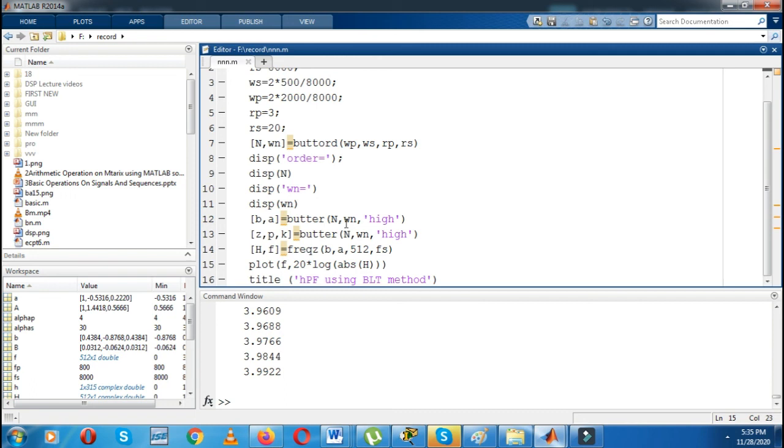Then simply I have taken freqz. So obviously finally we have to find the z domain response, that is H of z, and finally I have taken the graph of the high pass filter using the BLT method. Okay, so you can take a printout of this also.